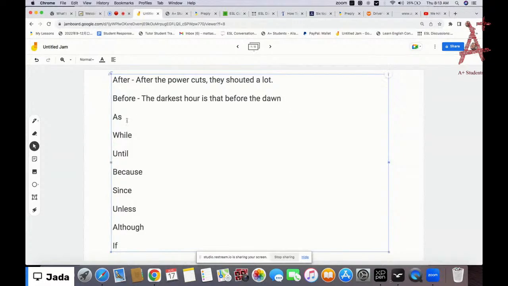And then ours as long as you want to stay here, you can stay. And then while met a friend while